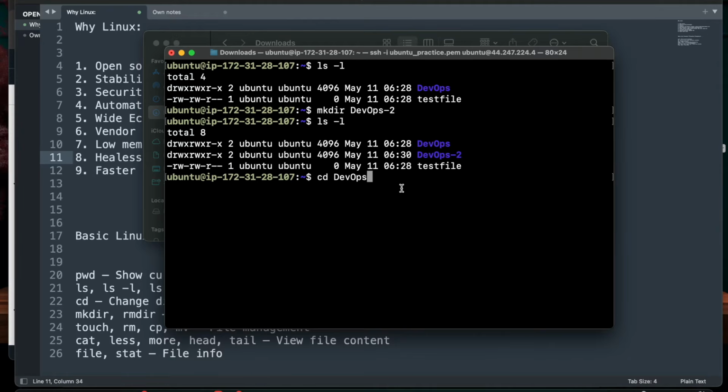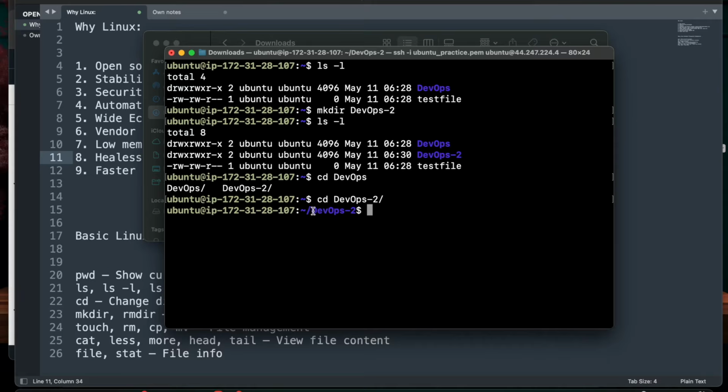If you double press tab, you can see multiple folders starting with DevOps. Now we can choose which folder you want to go to. If I press the hyphen, then tab again, then enter, you are in that directory now. You can run pwd to check where you are. So you are inside this directory now.